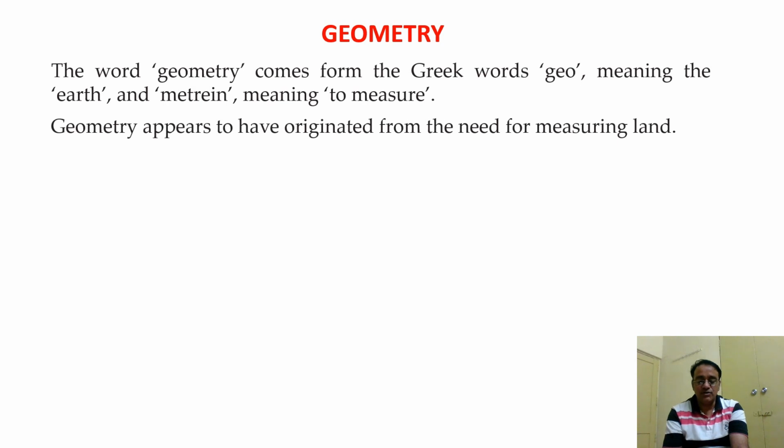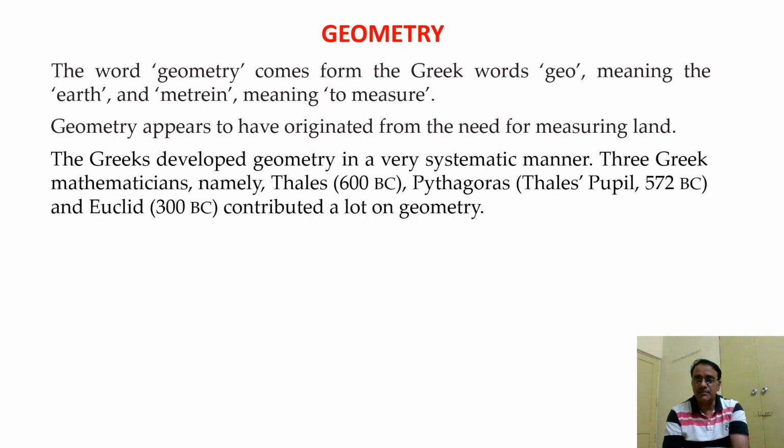Okay, so this branch of mathematics was studied in various forms in every ancient civilization, be it in Egypt, Babylonia, China, India, Greece, the Incas, etc. And the Greeks developed geometry in a very systematic manner. Three Greek mathematicians, namely Thales 600 BC, Pythagoras 572 BC, and Euclid 300 BC, contributed a lot to